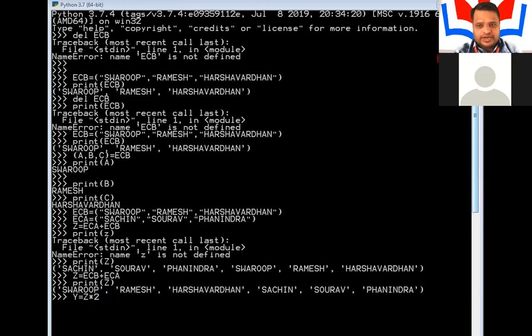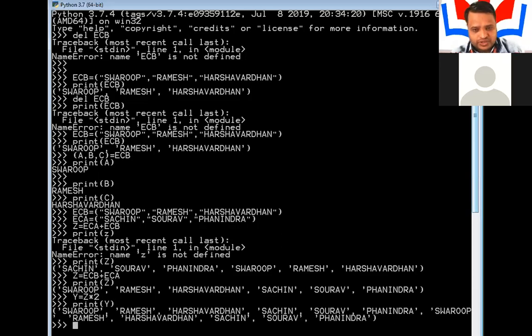Now let us see the output. Yes, there is no error. Then I will print the value of y. While specifying the tuple name you should be very careful about case sensitivity. Suppose I specify a capital Y and then use a small y, then you will get an error that the name is undefined.